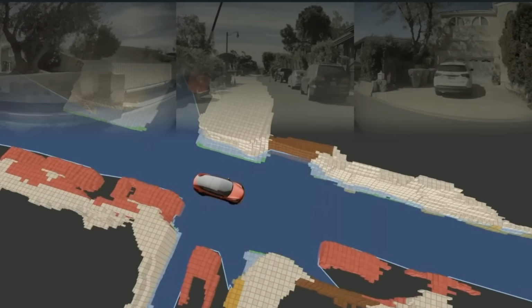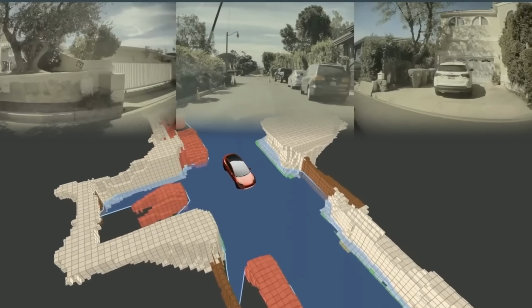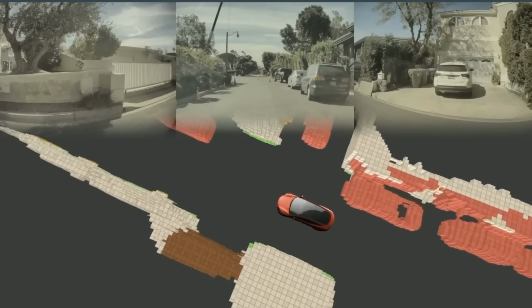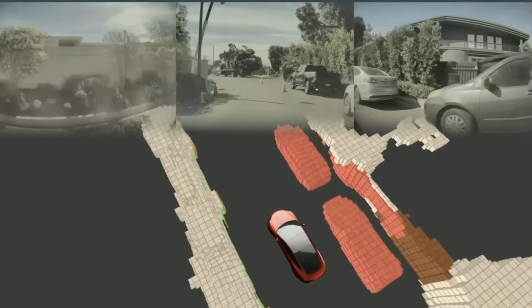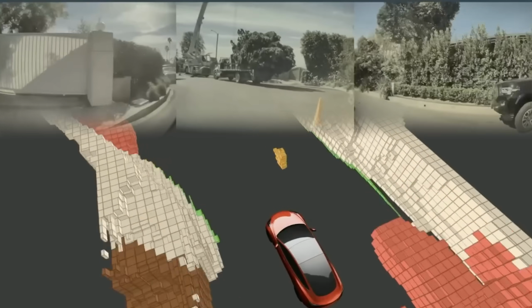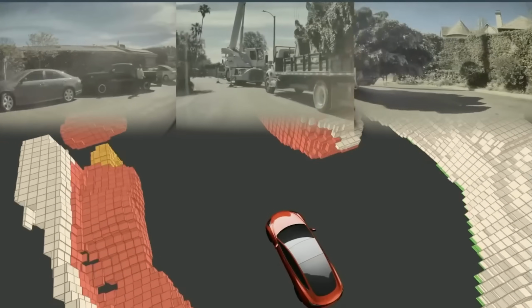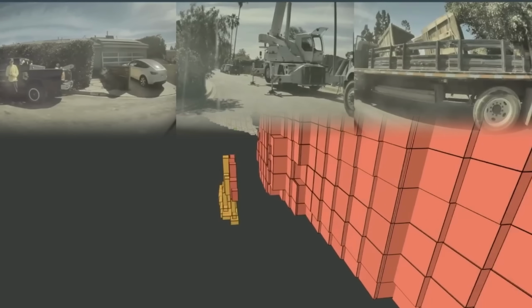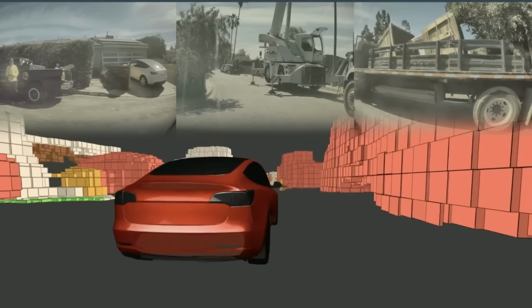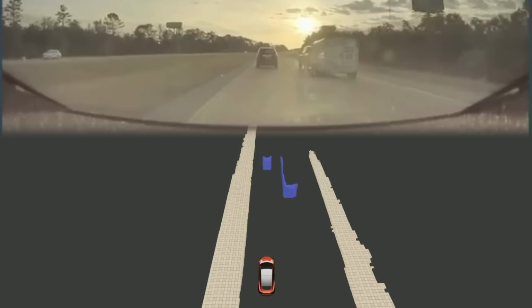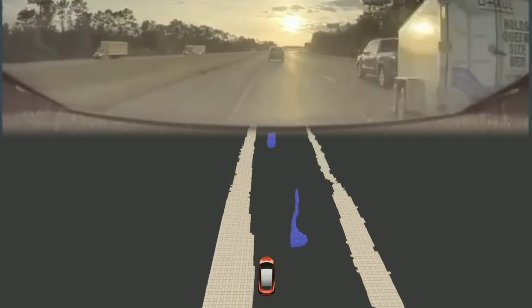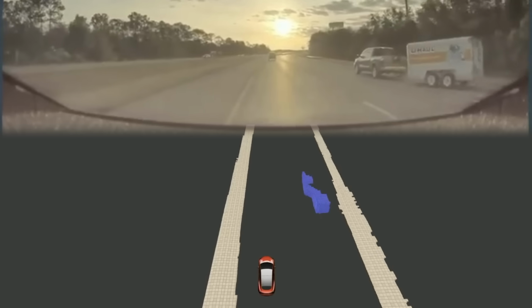In short, Tesla's occupancy networks that were shown off during AI Day 2 are able to detect and control for objects that it doesn't fully recognize on the road. You can see here it's building a cuboid map around the car that shows all the occupied space in the scene, even rendering things like the stabilization arms coming off this truck, which is pretty dang awesome. It's also capable of predicting movement of these cuboids and controlling for them. Here you can see it detecting a swerving trailer and then reacting to it by moving over in its lane